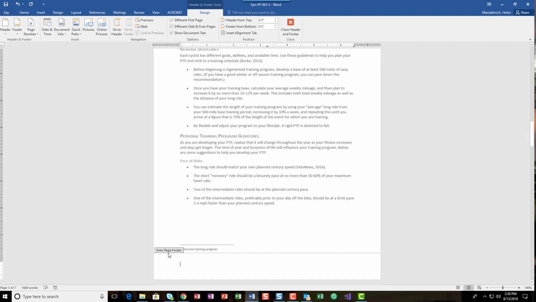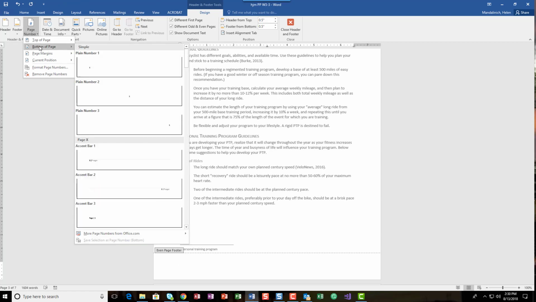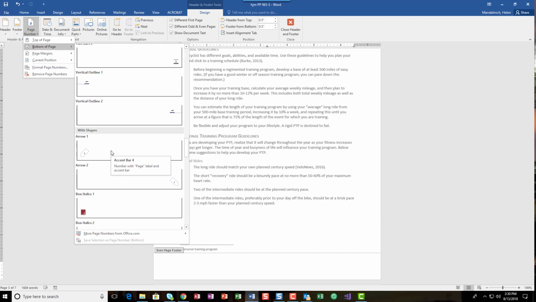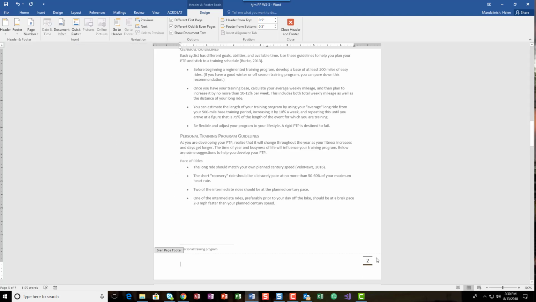It's going to take us to an even page footer. We're going to do the same thing, page number, bottom of page, but this time we're going to find 2 bars 2. So it's going to put the page number over here on the right, which is good. So leave the footer open because we're going to do some customization here. We want to be on the even. We're going to do a Control R or align right, whichever,